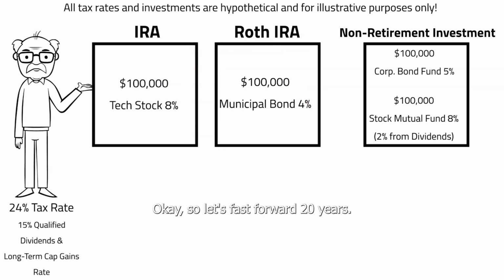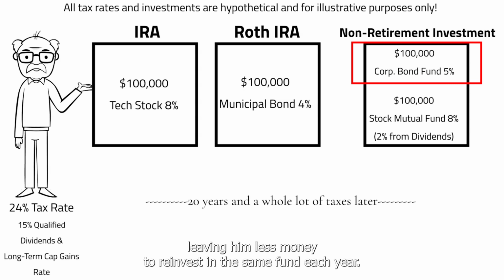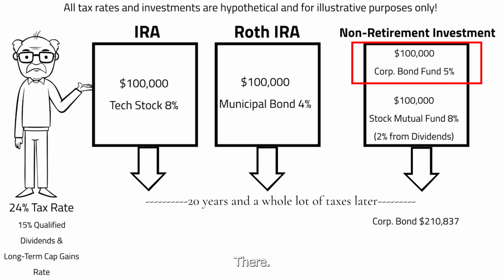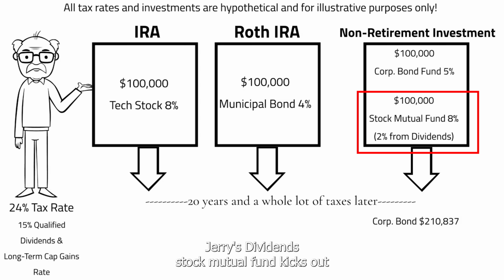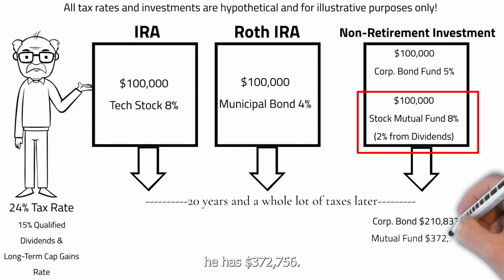Okay, so let's fast forward 20 years. Jerry's corporate bond interest is fully taxable, leaving him less money to reinvest in the same fund each year. So after 20 years, he has $210,837 of net after-tax money there. Jerry's dividend stock mutual fund kicks out dividends and capital gains on all the annual growth. So after 20 years, paying taxes along the way, he has